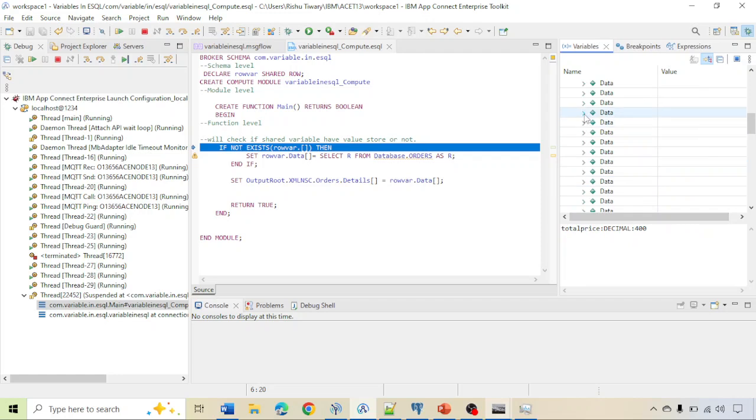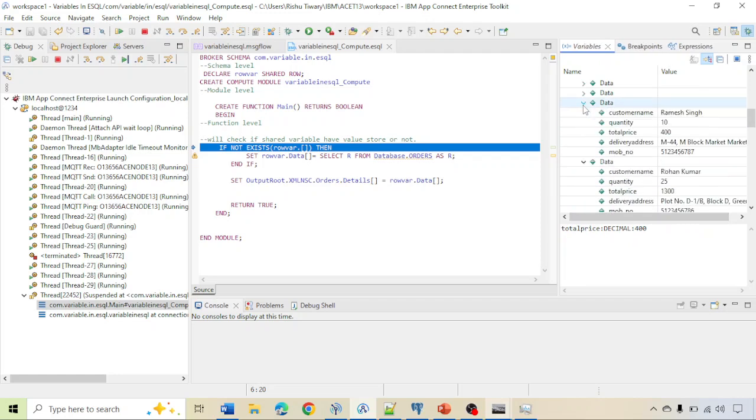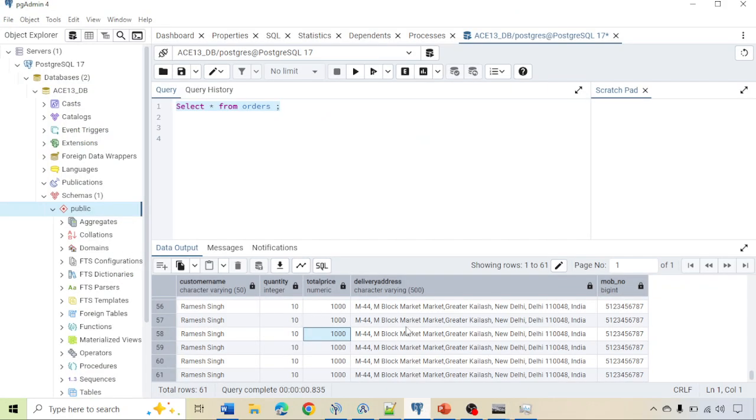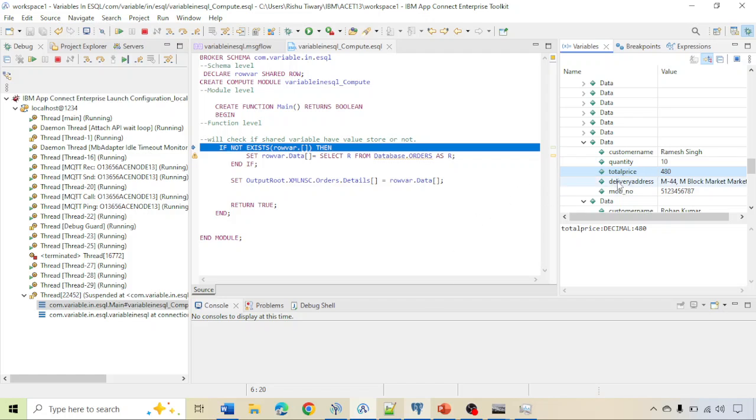You can see again if you want to see further, here it is also showing as 400. Further, if you see more below, let me check here. You can see here also it is quantity 10 as 480, but here in the database it is updated with 1000. So that's the reason,